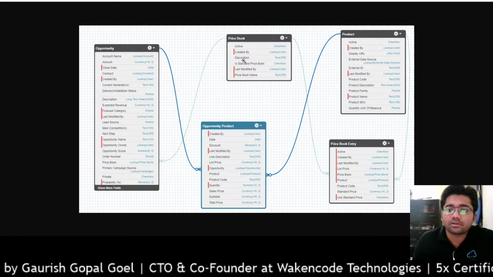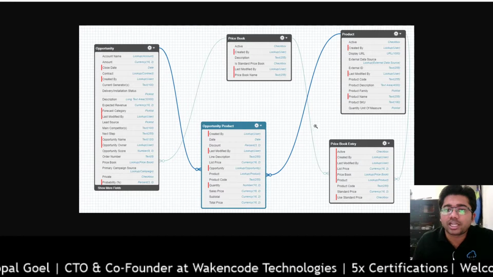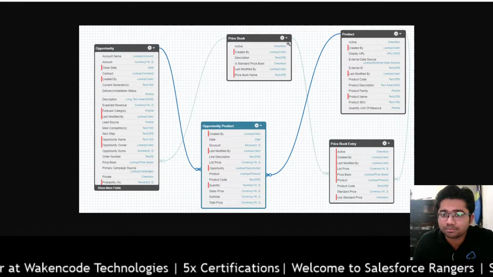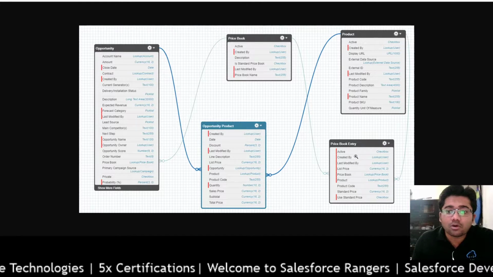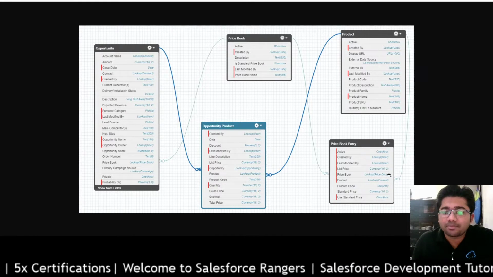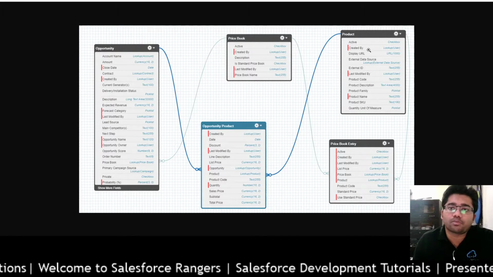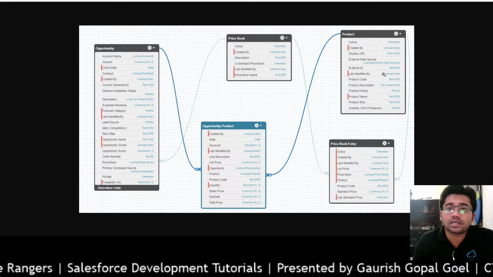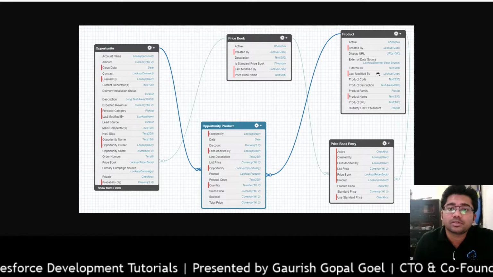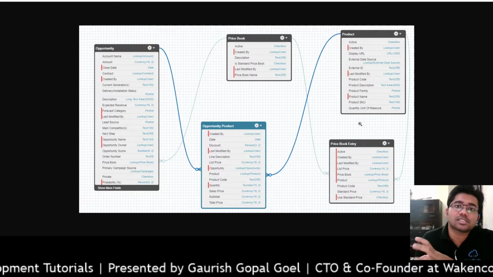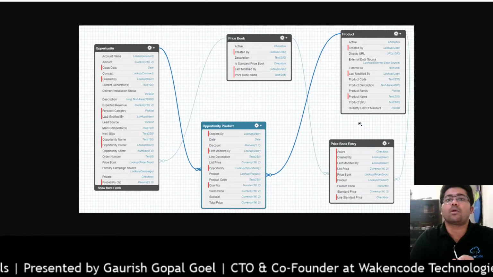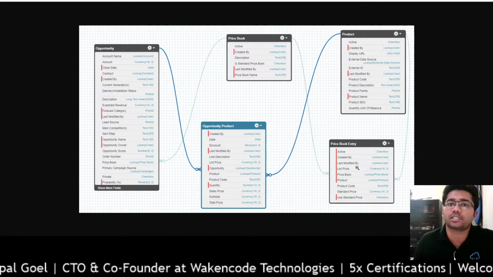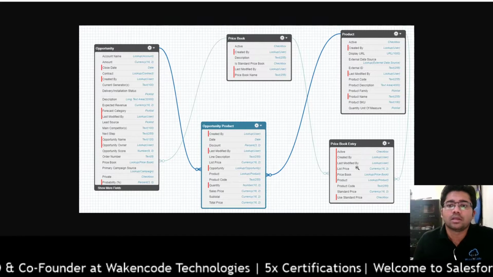Now we have a price book entry object, which is the child of price book, as shown here, a one to many relationship. This is many and this is one. Now you can see that price book entry is also the child object of product object, which means that it is establishing a many to many relationship, but not directly. It is quite complex. If we talk about account and contact, the relationship is quite simple, but if we talk about this price book entry object, the relationship becomes complex.